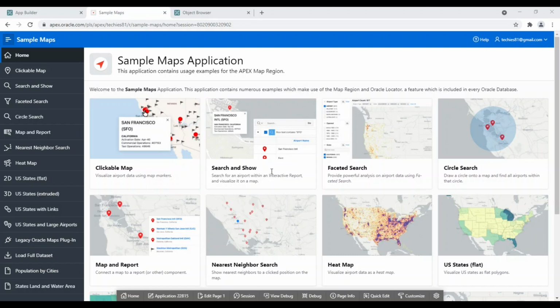Spatial data, also known as geospatial data, is a term used to describe any data related to or containing geographic information. A pair of latitude and longitude coordinates exists in this data, which defines a specific location on Earth. In this first video tutorial in the map series, you will learn how to create points and polygons spatial geometry objects. Supported spatial geometry objects in Oracle Apex include points, lines, polygons, heat map, and extruded polygons. You will learn about the other objects in upcoming videos.